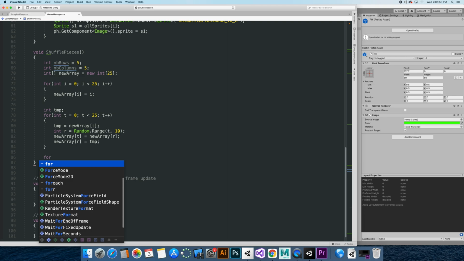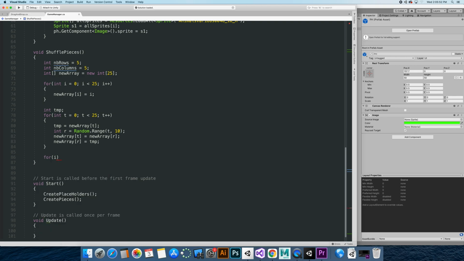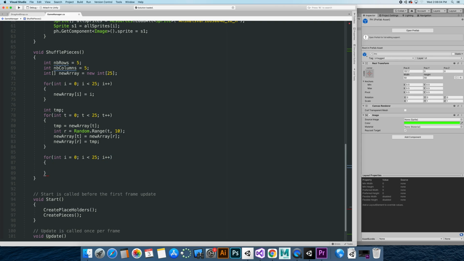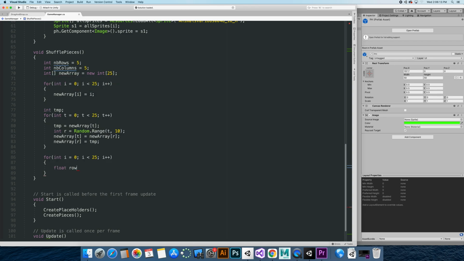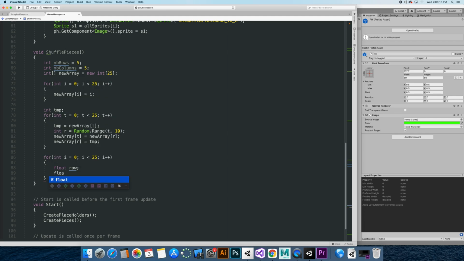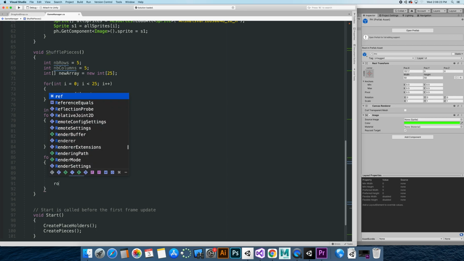And so what I'll do next is make another for loop. I'll say int i equals 0, i less than 25, increment i. And now we're going to be able to start filling those pieces. What I'm going to do is say we have a float called row, have a float called column, and row